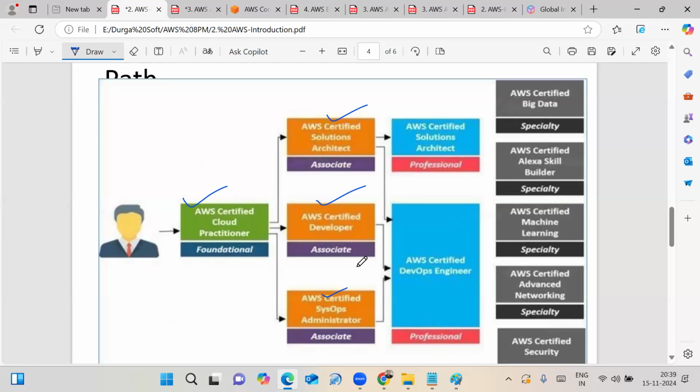The certification is valid globally for 3 years. The training I am providing is at the associate level. So don't go directly for the associate level. First, as a fresher, if you want the certification, you can apply for the foundation level. For that, we have to check the fee. Maybe yearly they change the fee.